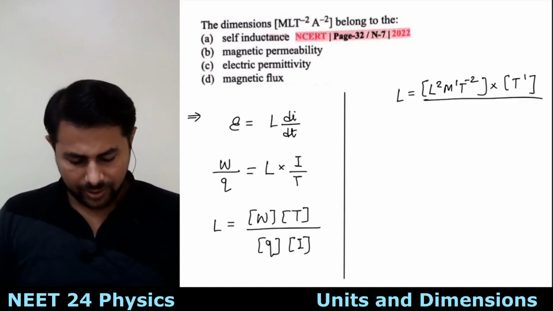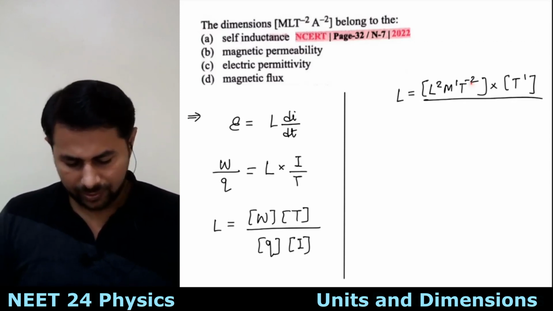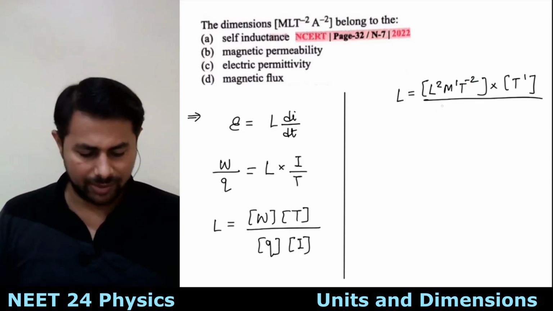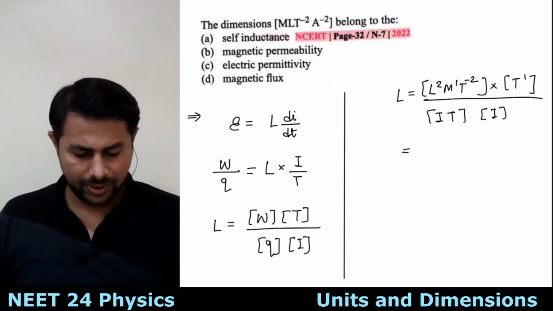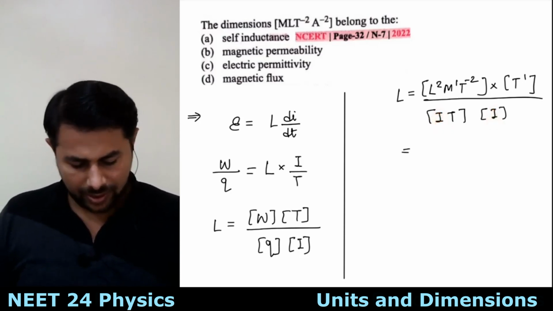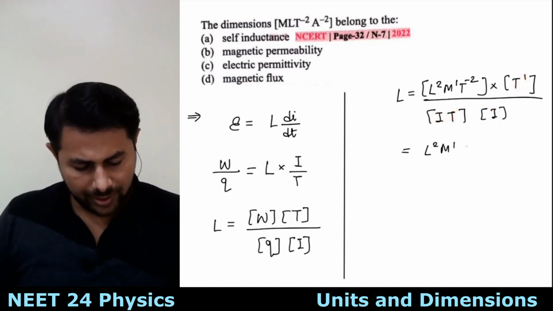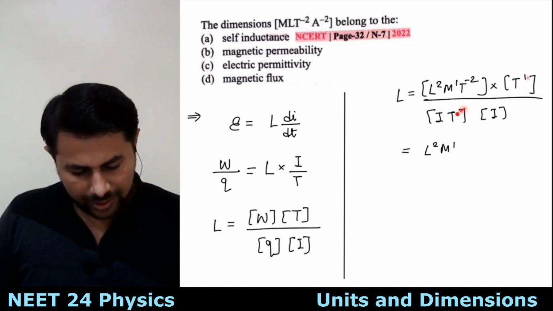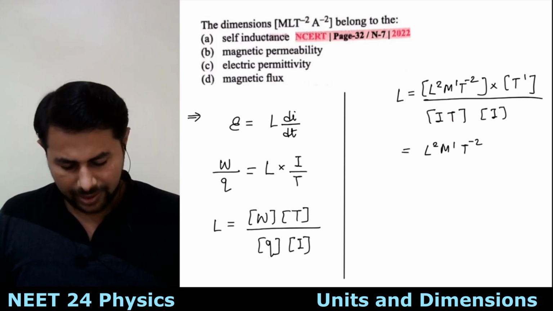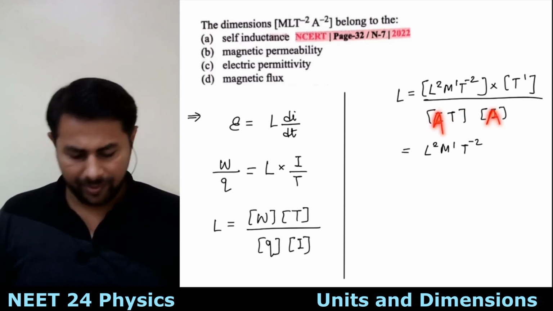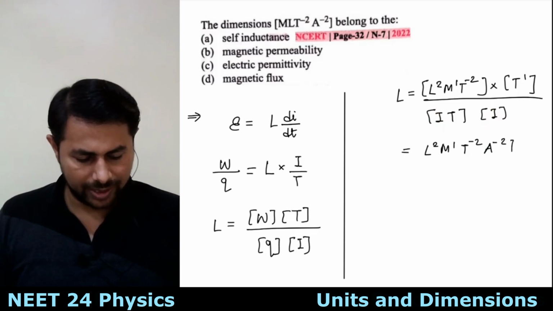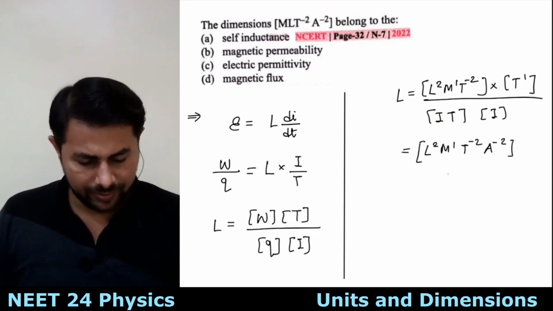Good. So in the denominator, Q, charge, can be written as what? Current is charge by time, so this can be written as current into time, and then you have current. Dimensions of this is A. So what do we get? This time and this time get cancelled out, L2 M1. And we got rid of the time, T minus 2, and this is current, dimensions are A. So you take that to the numerator, A raised to minus 2. So that's what you got, right?